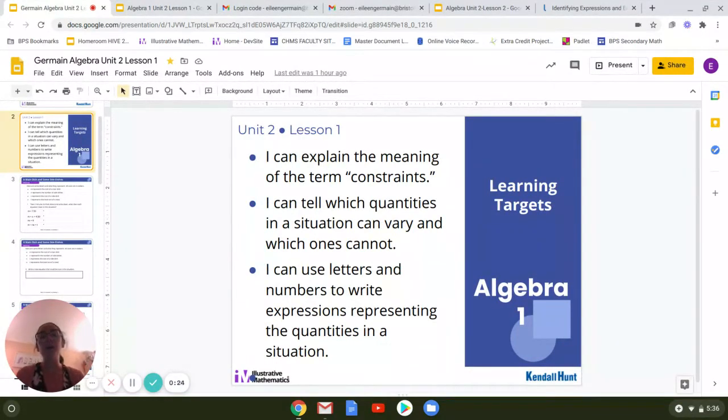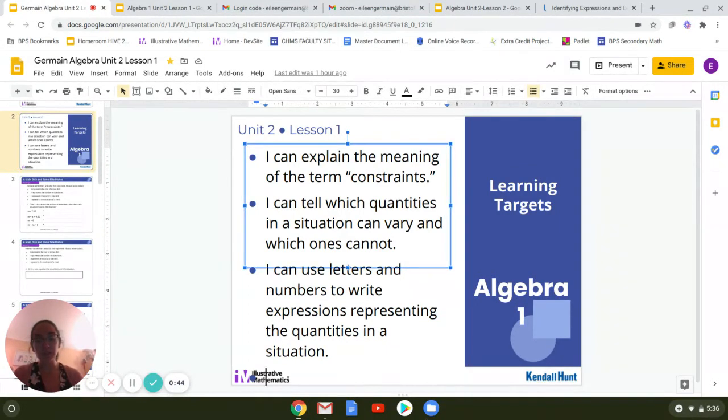So number one was I can explain the meaning of the term constraints. I can tell which quantities in a situation can vary and which ones cannot. I can use letters and numbers to write expressions representing the quantities in a situation. Okay, so there are three